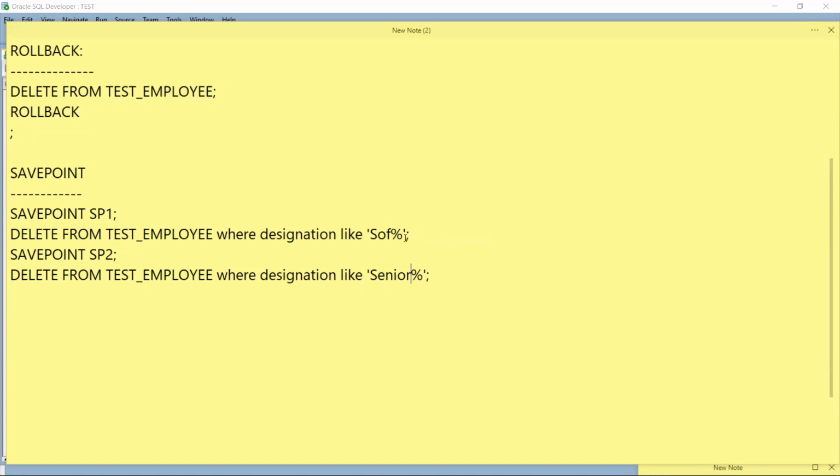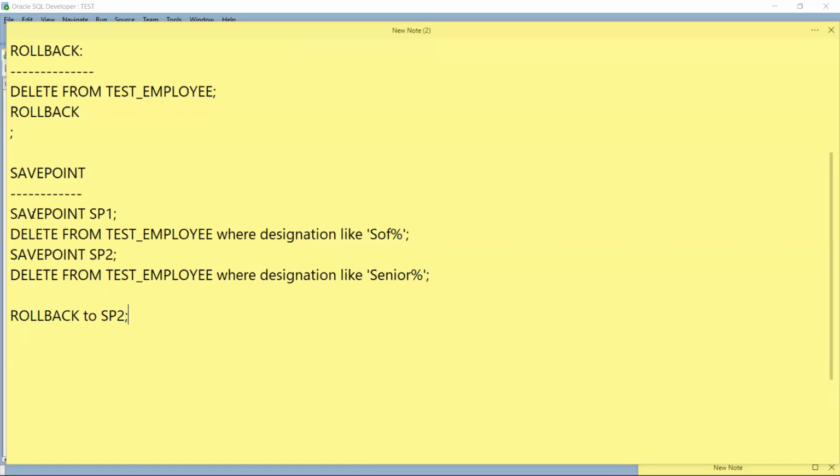Let's assume that the designations are software engineer and senior software engineer. Now I want to roll back only this part of the data: roll back to SP2.